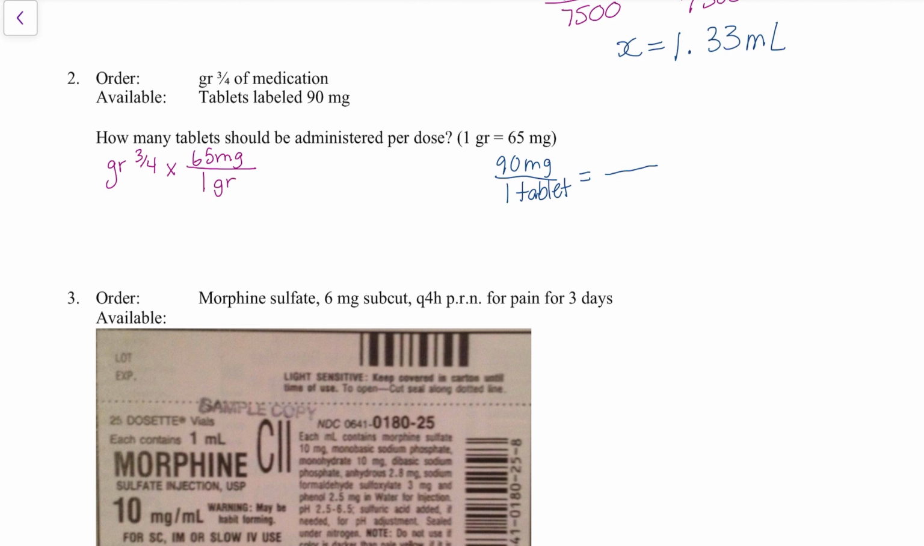So to do that conversion, I'm setting up my conversion rate as a ratio, and I'm multiplying it so that the grain is on the top and on the bottom. There's lots of different ways to do conversions. In this one, I'm trying to cancel out the units. So I'm going to take 3/4 and multiply by 65. That is 48.75 milligrams. I'm going to take that whole number, no rounding,